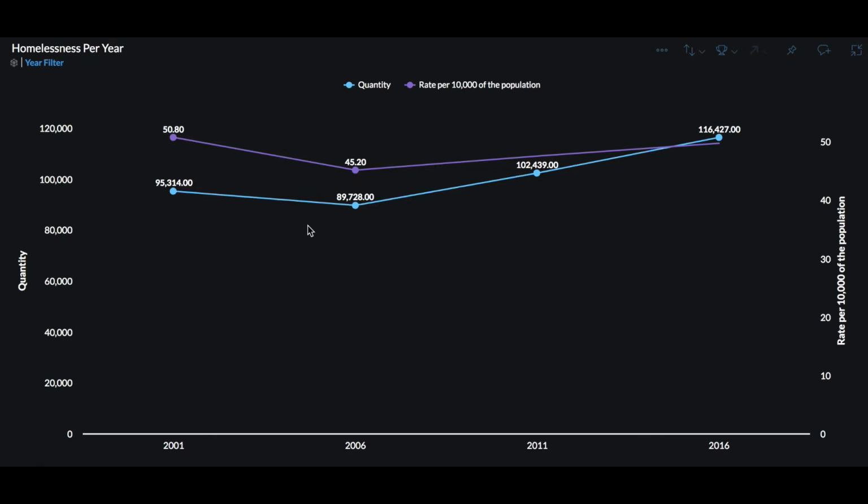In terms of raw number, the quantity of homeless people in Australia is increasing over the years as the overall population is also increasing. However, if we sort the graph by rate per 10,000 of the population, we can see that the situation is split into two periods. The first period goes from 2001 until 2006, and then from 2006 until 2016. During the first period, there was a big drop in the rate of homeless people per 10,000 of the population. However, the rate starts to go up from 2011 compared to 2006, possibly motivated by the global economic crisis of